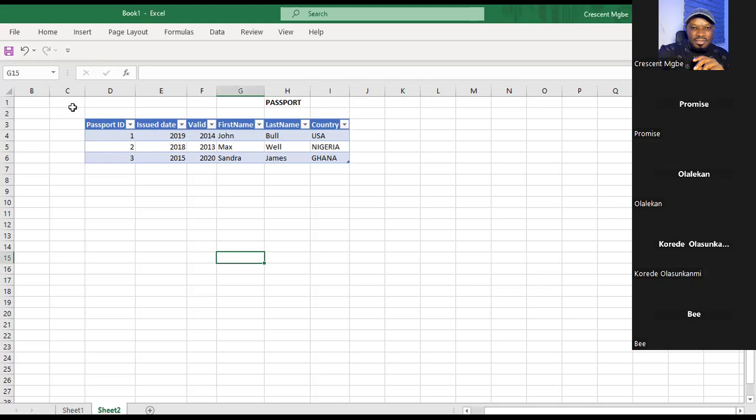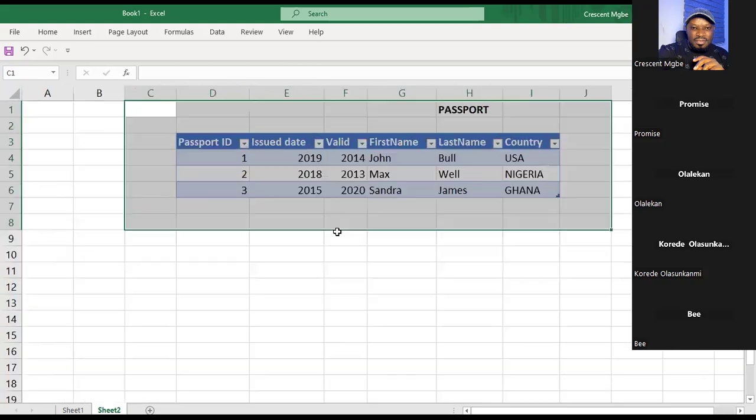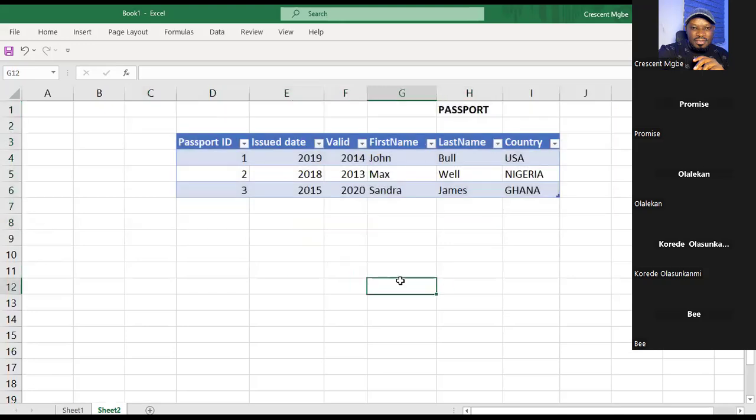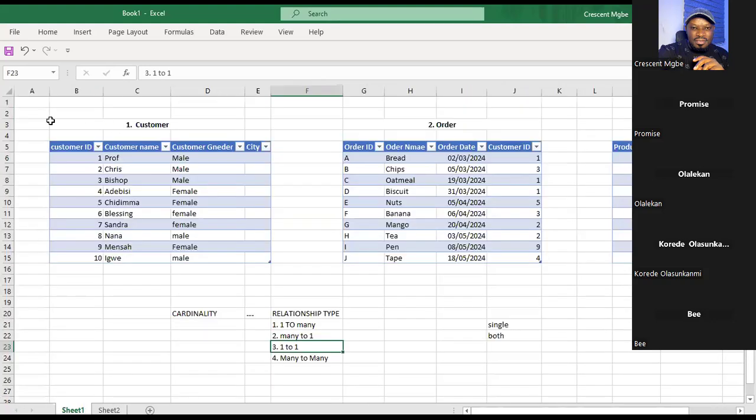So look at this table now. Is there a way we can divide this table and have more tables from it? I believe you can see the table. Okay, let me zoom it. Can you see it now? Yes. So this table, from what we explained earlier in the other table, we talked about